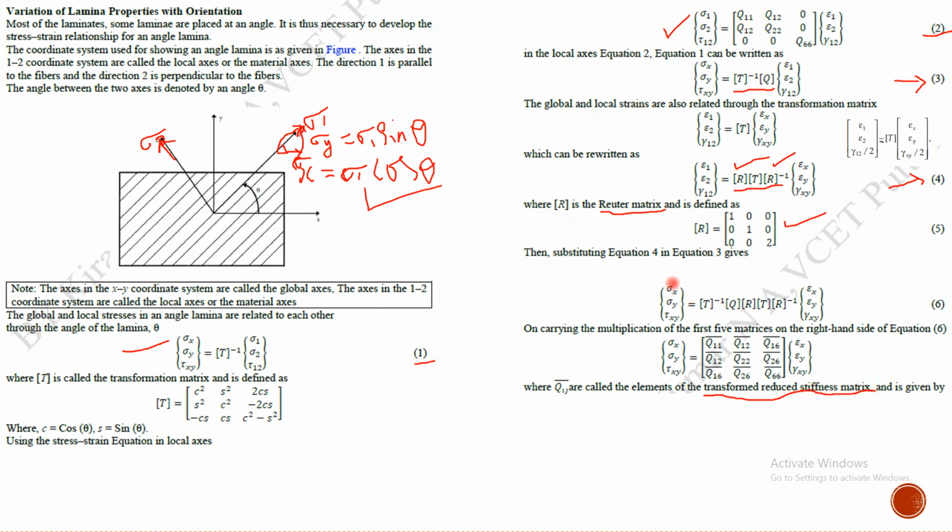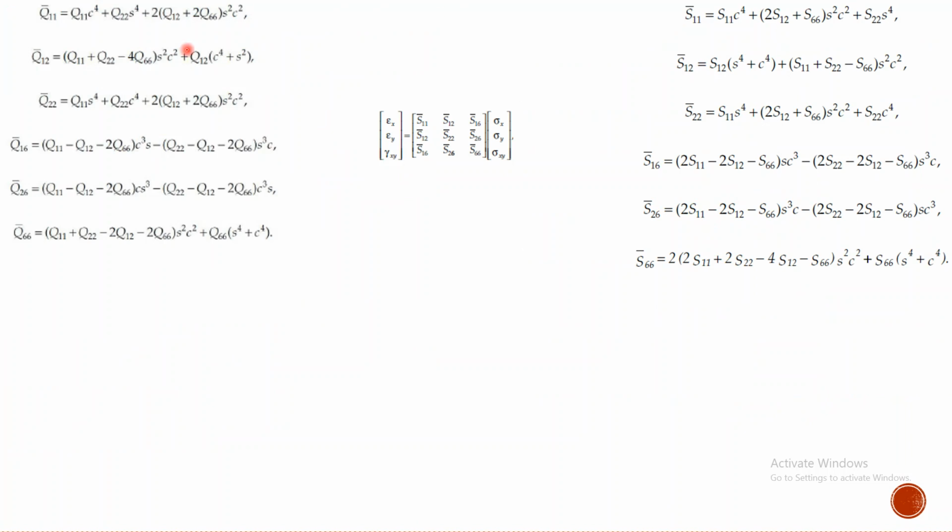Okay, that is what we require: sigma x, sigma y, tau xy in terms of epsilon x, epsilon y, gamma xy. So it is Q